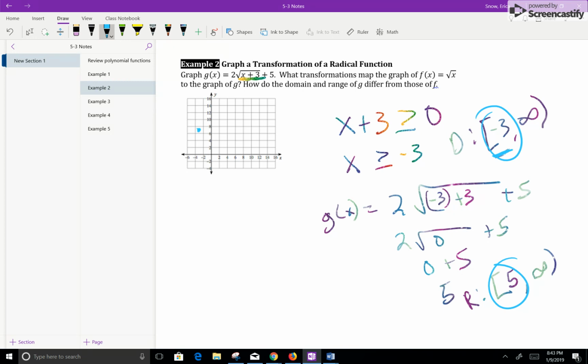And then recall that typically in the parent function, you would go up 1 over 1 because you've got that 1, 1 as your next x and y. Well, that 2 out in front says, nope, we're not going over 1, up 1. We're going to go over 1 and up 2, because we're taking that value and multiplying it by 2. So we're going to go over 1 and up 2. And that will give us our next value, which is going to be